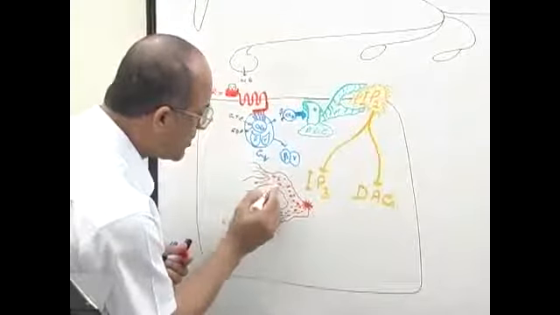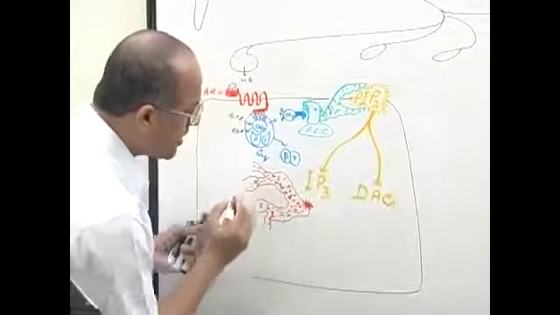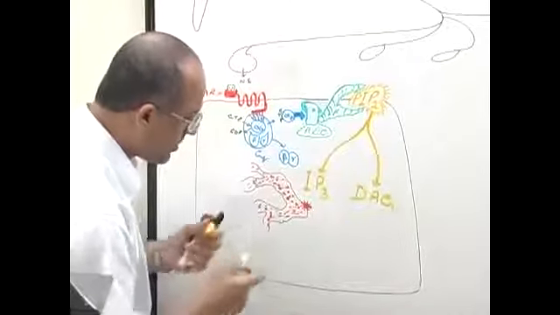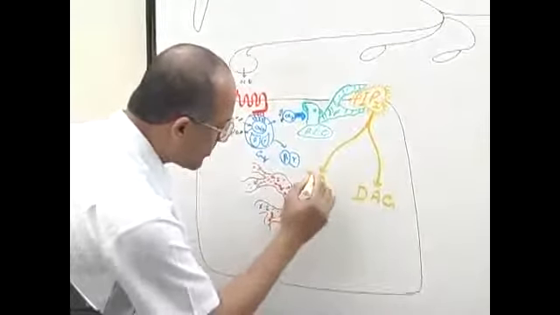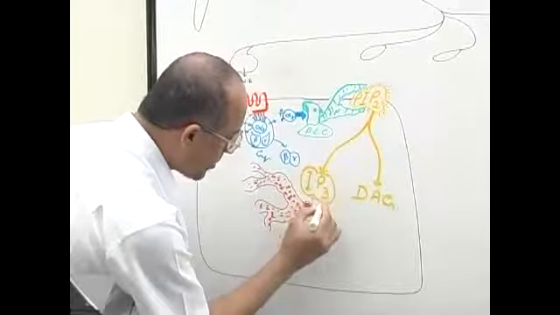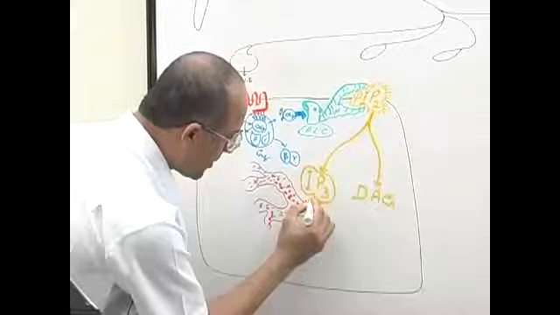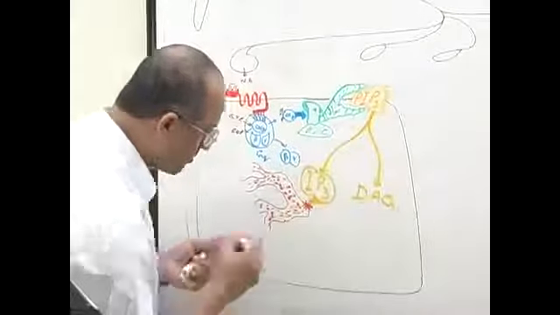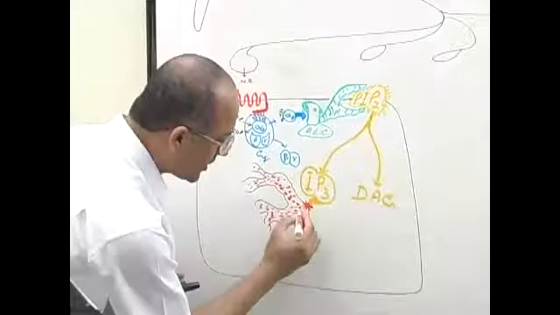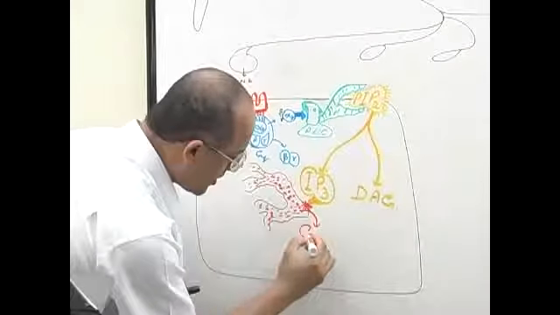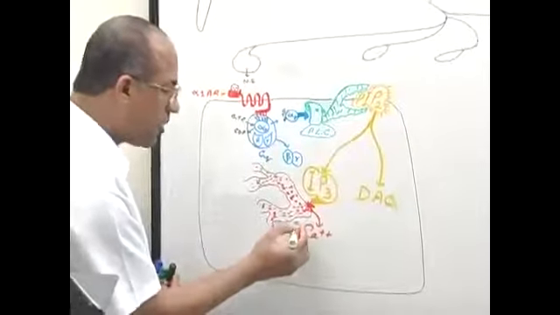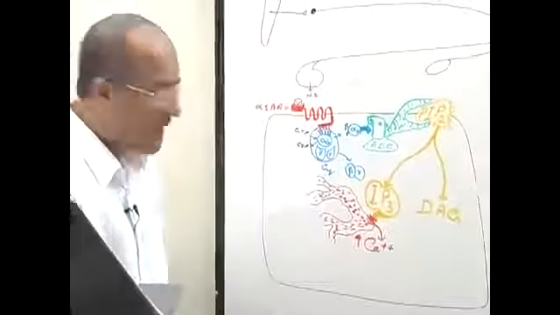What really happens is that IP3 will stimulate this pump. When this pump, or exchanger, is stimulated by IP3, calcium will come out, and intracytosolic calcium levels will go up, and this